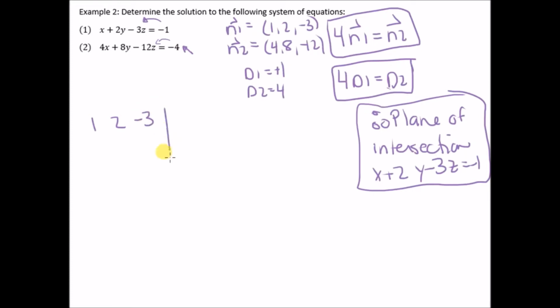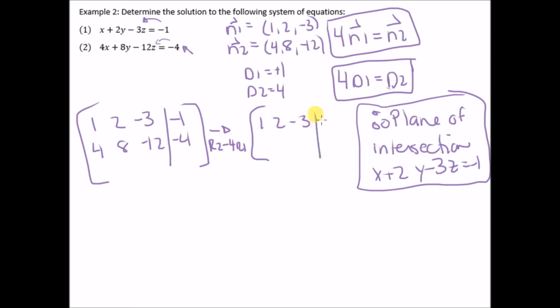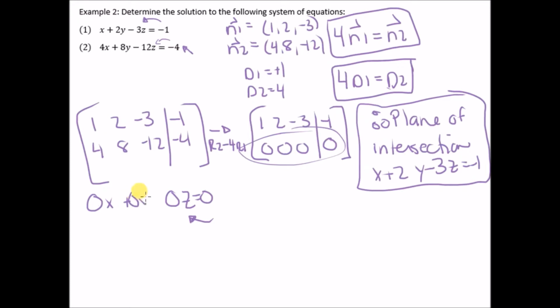1, 2, -3, -1, 4, 8, -12, -4. So if we took these and did row 2 minus 4 of row 1, this is going to look like 0, 0, 0, 0. When we get this situation, we know that we have 0x plus 0y plus 0z equals 0. So what values of x, y, and z are going to satisfy this? Okay, in other words, therefore,